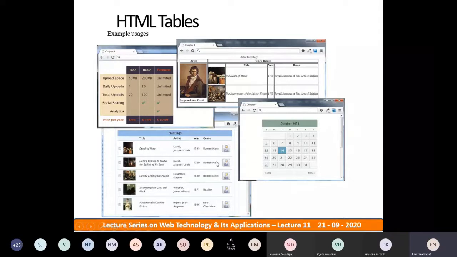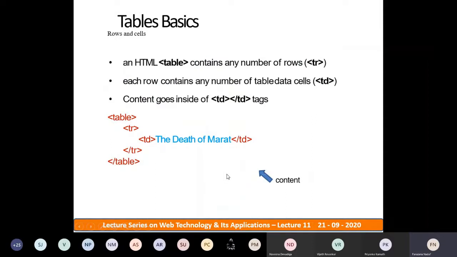Now we'll see how to create these tables using HTML elements. The basic things of tables are a table row, table data cell, and table headings. To create an HTML table element, it consists of any number of rows. Here there is no concept called a column. Only with the row we can alter the table, modify the table, or play with the table. As we want, we can create using only the row content.